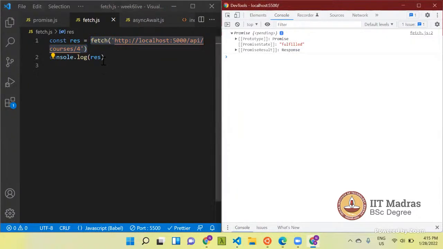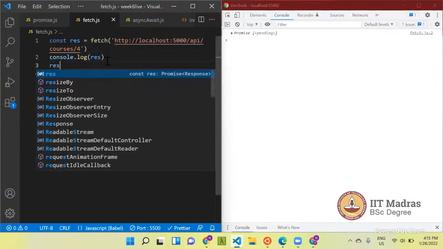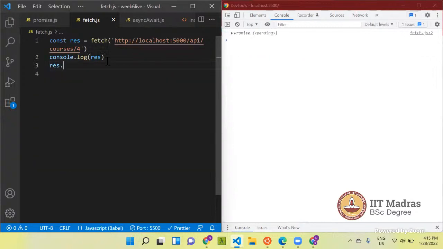So if it is a promise, it will be resolved with something or rejected with something. So this fetch call resolves with the response object. What do I mean by this? So let's say I'll try response dot then.